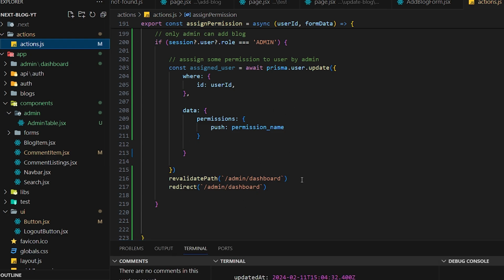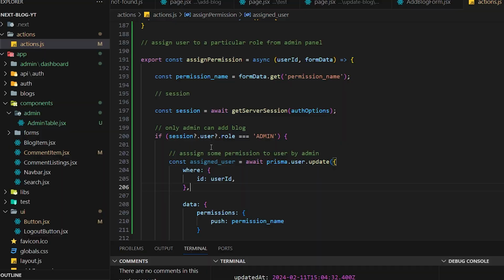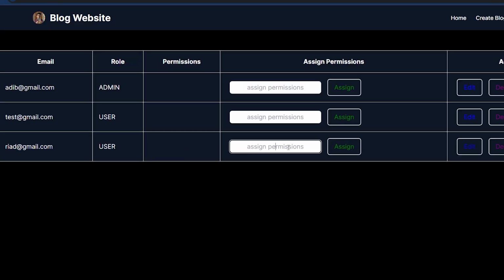So if everything was fine, we should redirect to the admin/dashboard page and add this permission as well. And we need to add a new role called edit_blog. He can edit the blog. So if I just click on assign, as you can see, it works just fine, but I just want to